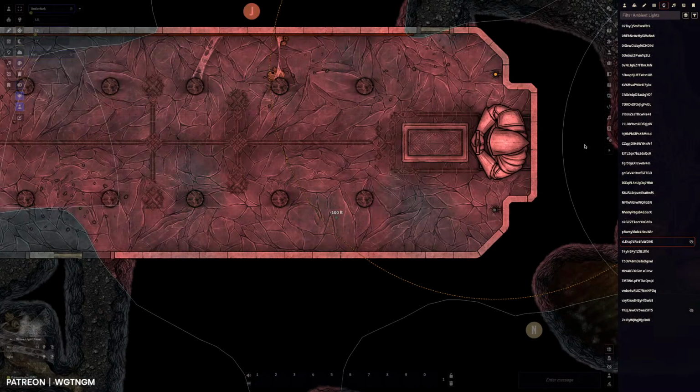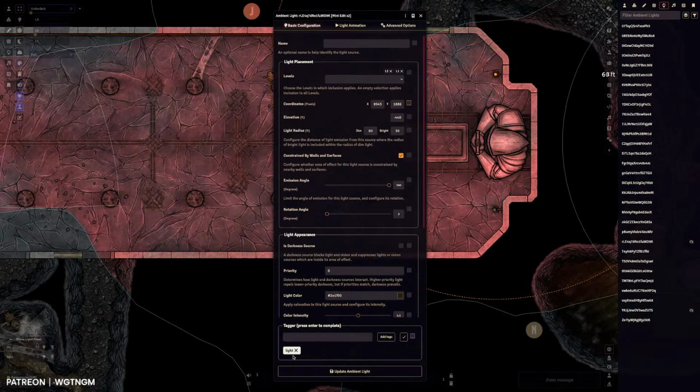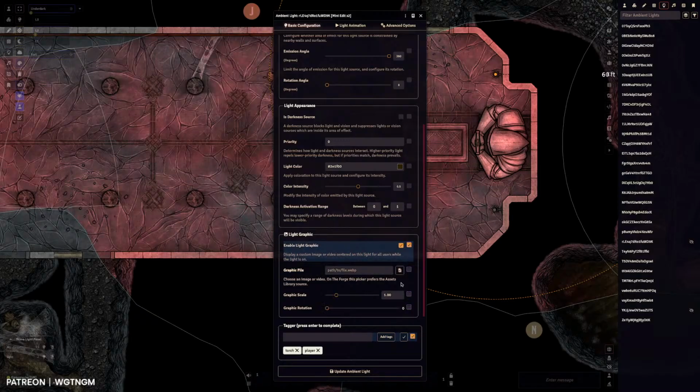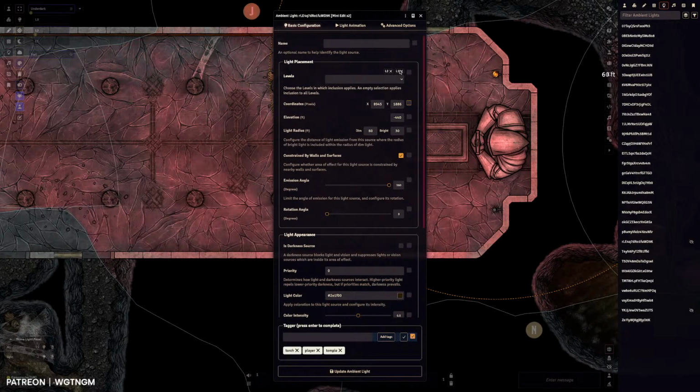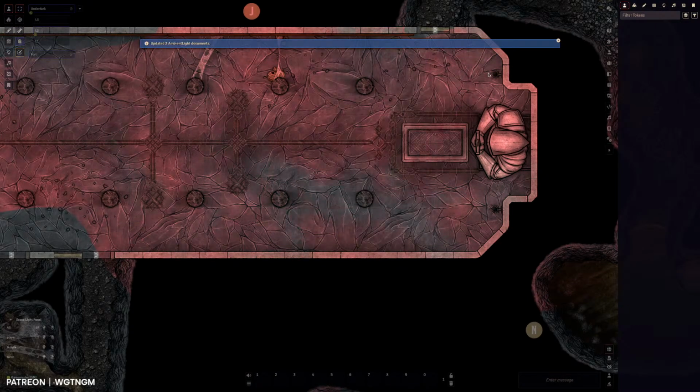It would be great if I could grab my tags here, but I cannot. They are set up as lights. I'm going to set this up as torch, and I'll add player to it as well. Then I'll add a light graphic. That one, pull that down. And I'm going to add temple to that as well. And then we're going to make sure that this is just on level 2, and I'll update that. So if I come in here and turn those on,